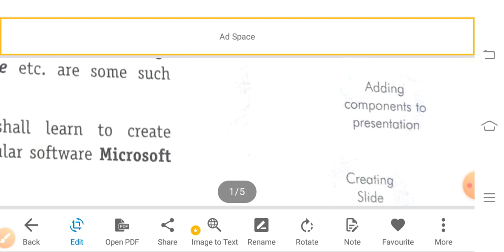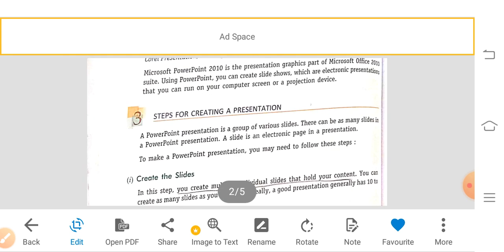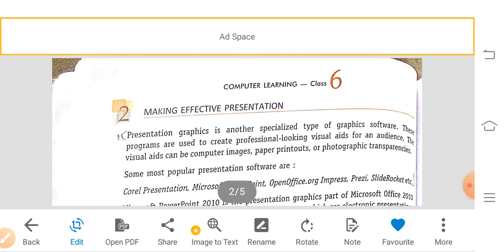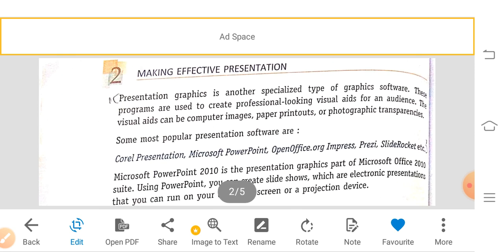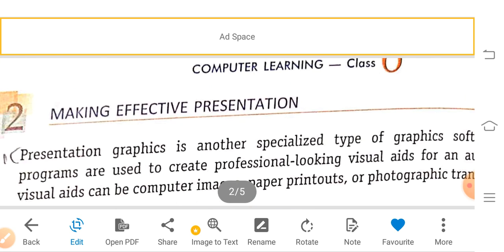Second page. Yes, students, now we are going to see making an effective presentation. This is an effective presentation, the graphic software program.